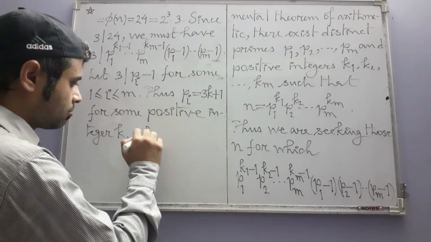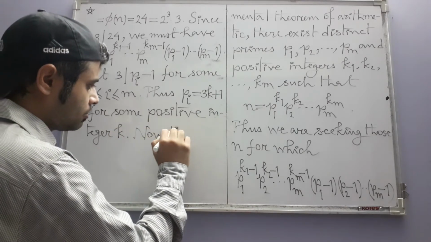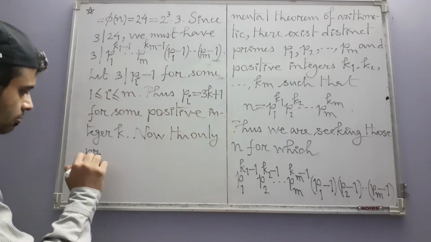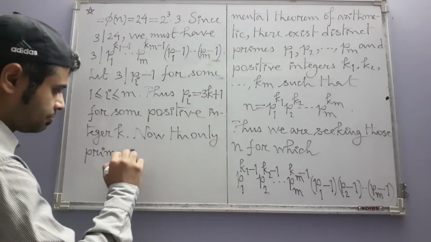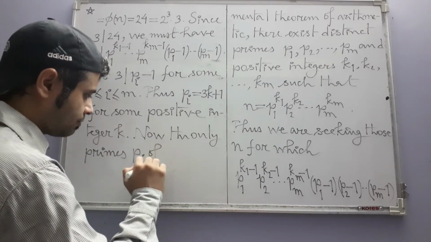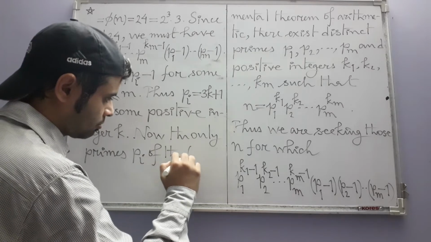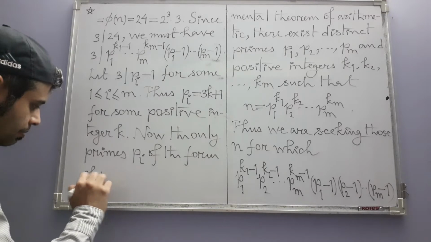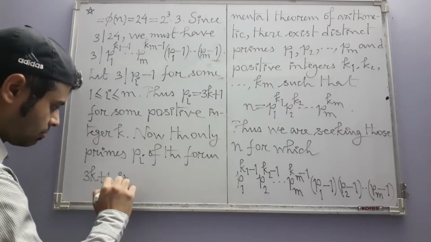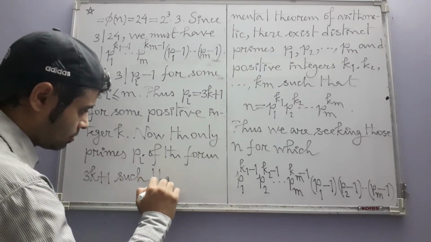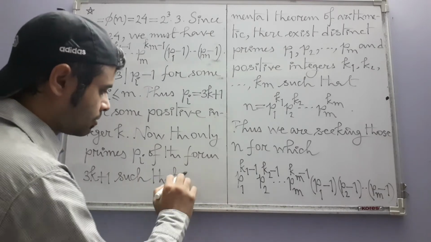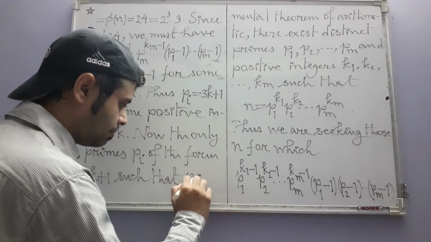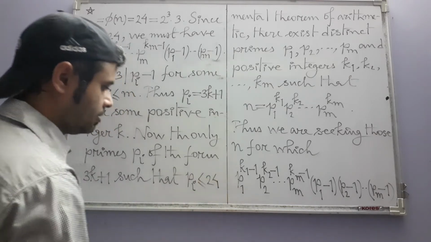Now the only primes pi of the form 3k plus 1, such that this extra condition of course should also be taken into account, that pi is less than or equal to 24, are